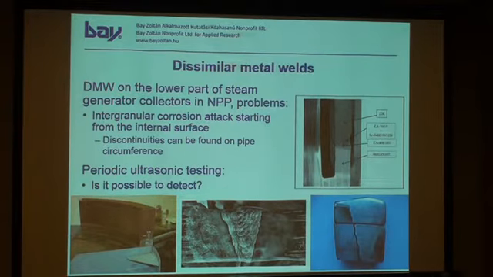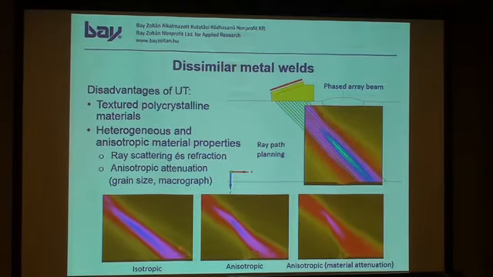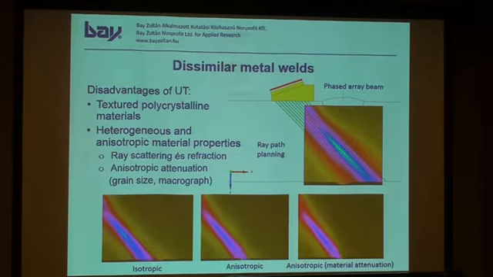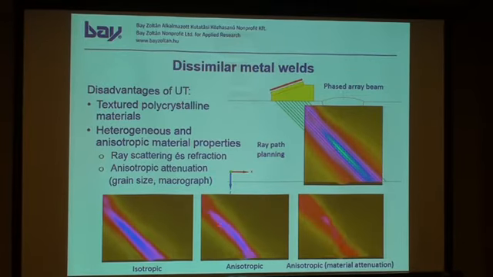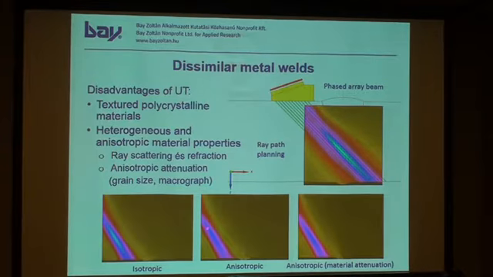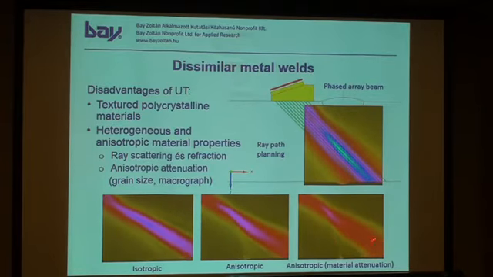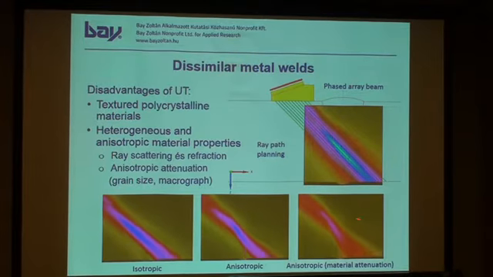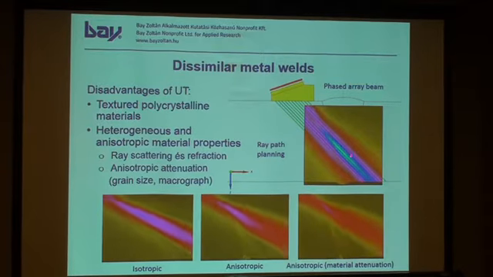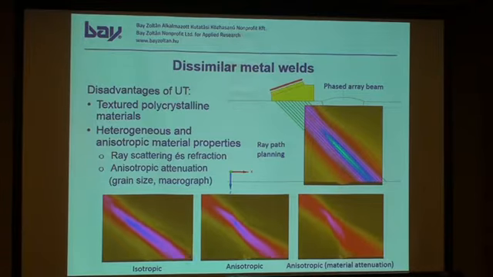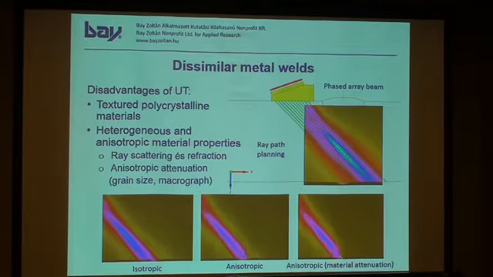The phased array technique nowadays gives the most reliable way to find the crack position and size. But it's very difficult. But what is the problem? If you have only isotropic material, this is how your ultrasound ray goes. But if you have an anisotropic material, you can see the deflection. And if you take into consideration even more detailed results, you can see it's more and more complex. But that's what we have to know if we would like to find something here, and you have to get a good probability of detection.